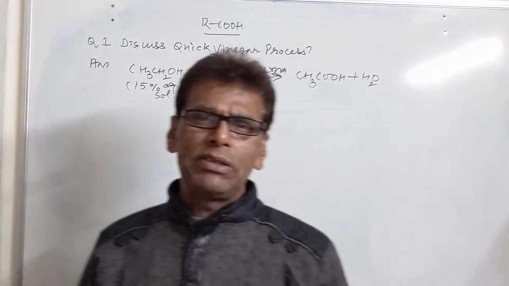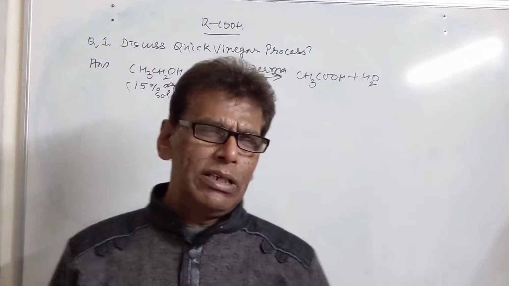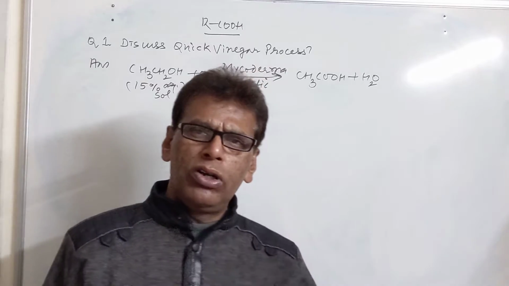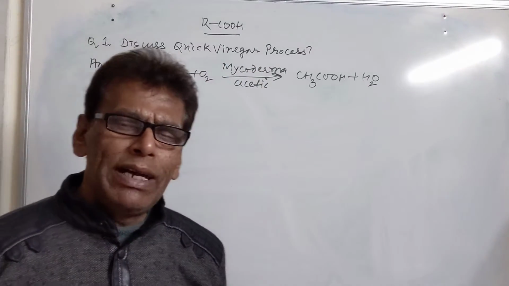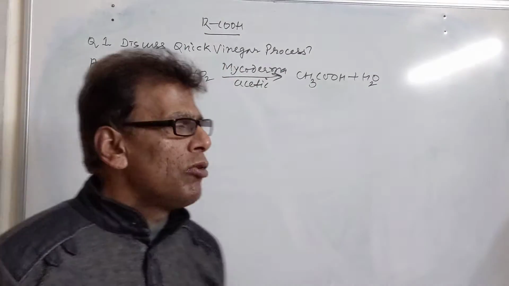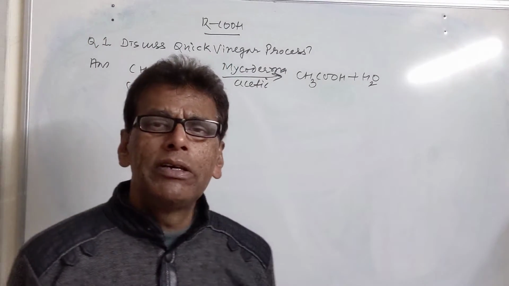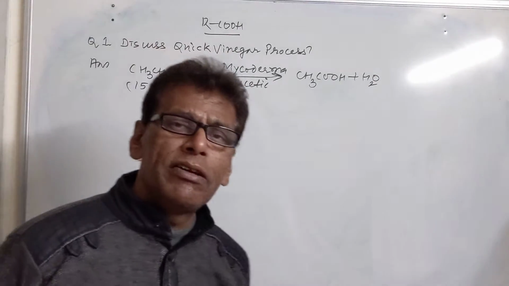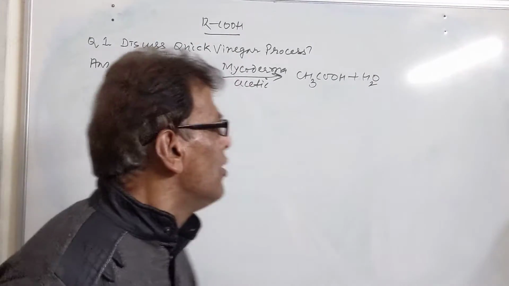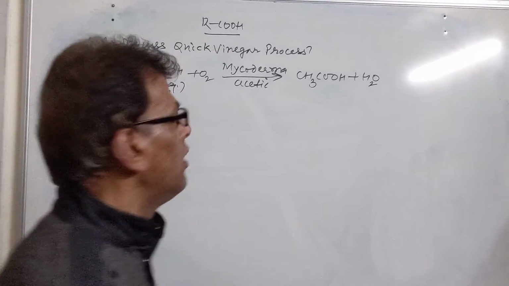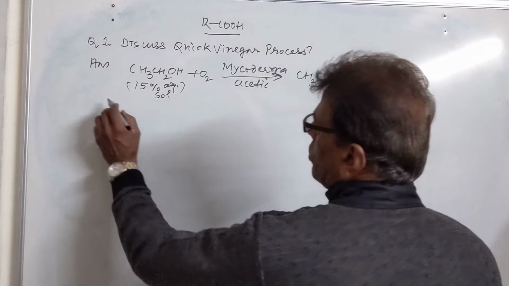Actually the 15% aqueous solution of ethyl alcohol is taken in a vat which is having number of holes for running air through the vats. It is filled with sawdust and then ethyl alcohol solution is just poured above it. From the holes air enters, where bacteria spores enter with air and they grow there to convert ethyl alcohol into acetic acid. This is the first method of getting carboxylic acid.